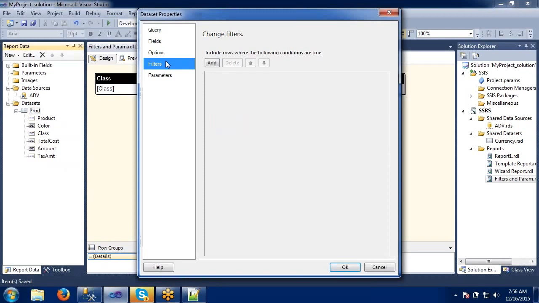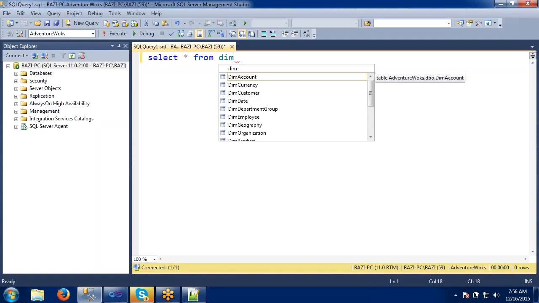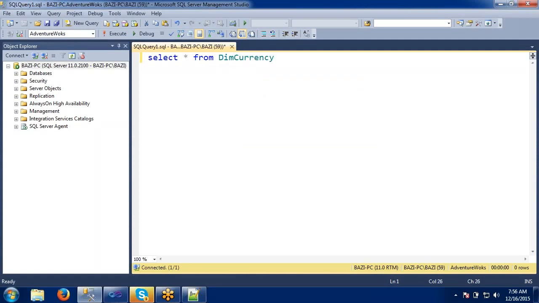In normal SQL, if you go to any table, how will we apply the filters in the table? Let me tell you. Select star from dim product, or dim currency, whatever it is.